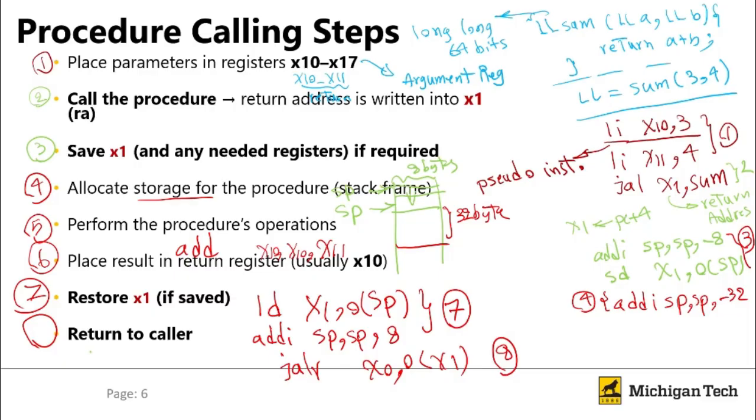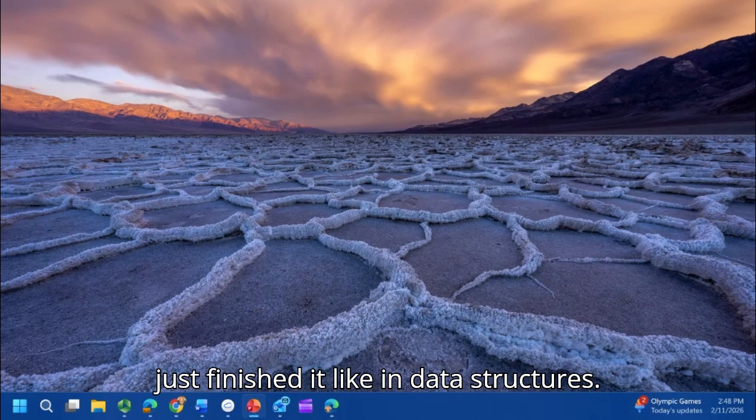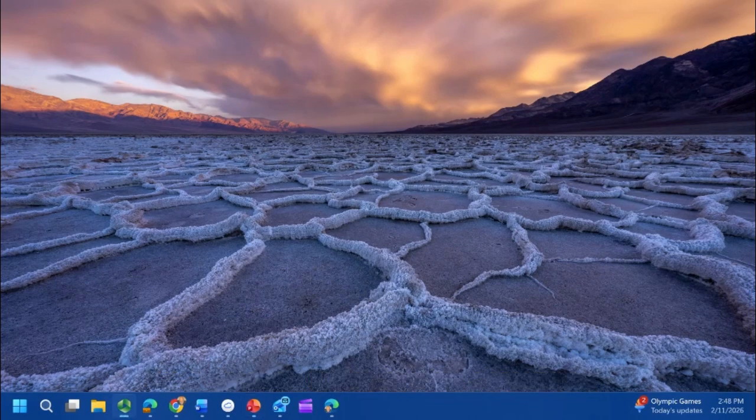Lab 2, yeah, that's what I'm working on basically all day today. I just finished it, like in data structures. But I kind of